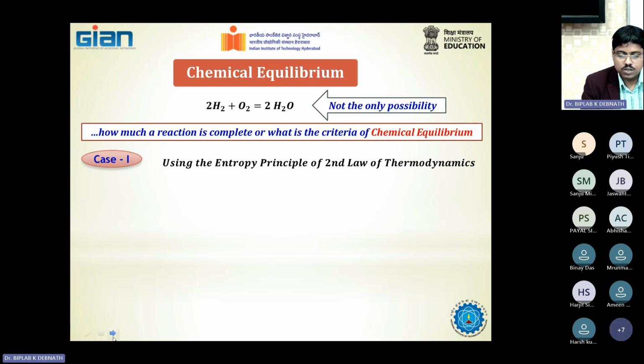Stage 1, or case 1, where we will consider the entropy principle of the second law of thermodynamics. We know the entropy principle of the second law of thermodynamics very well. So we will use this principle to explain chemical equilibrium. We know from the second law of thermodynamics that dS system is always greater than or equal to delta Q by